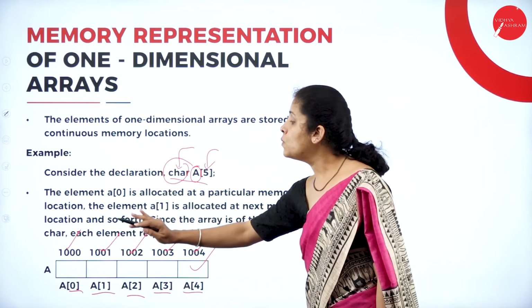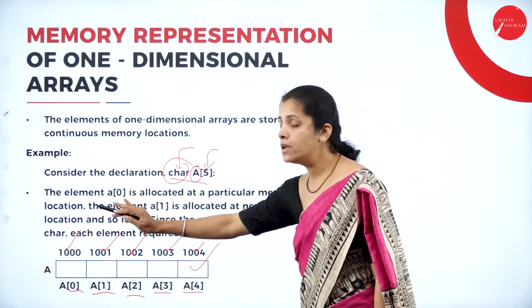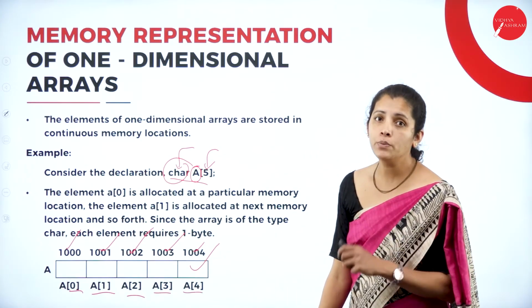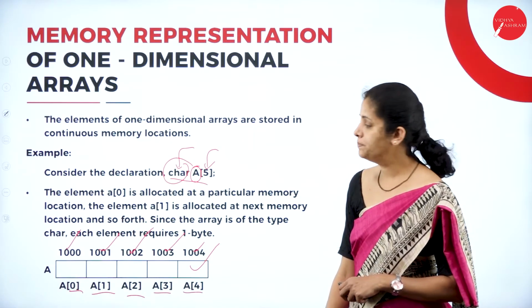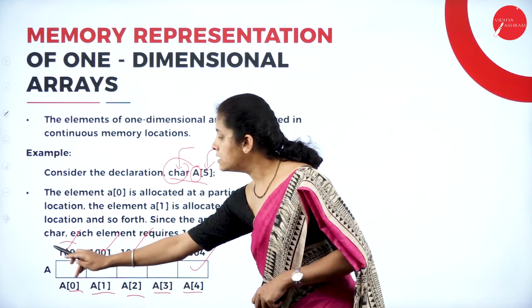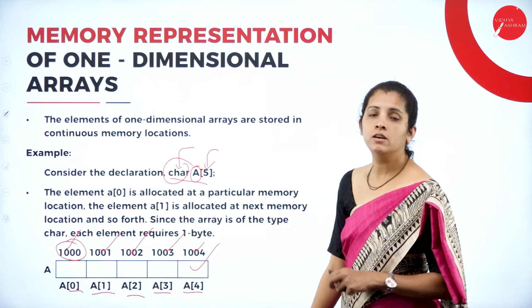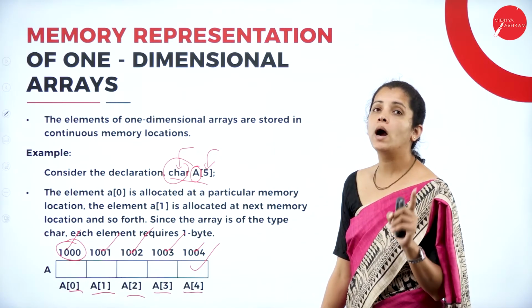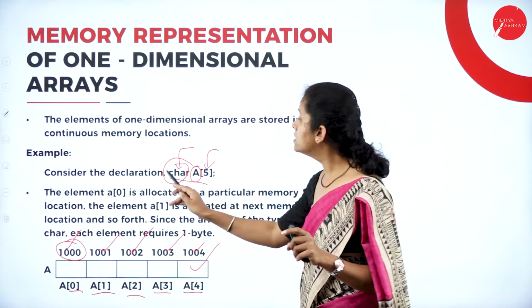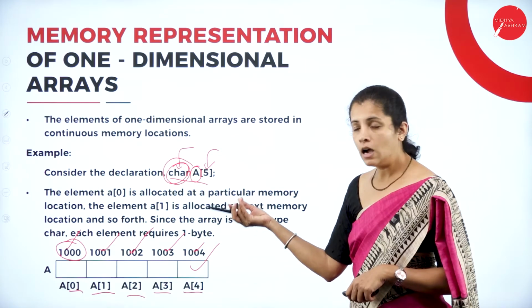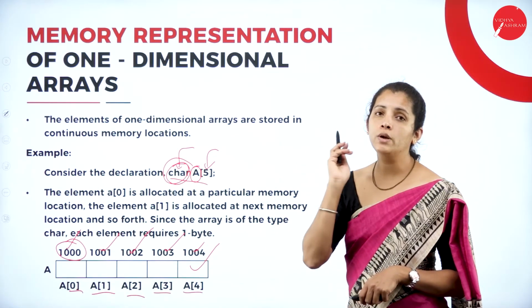So 1 byte of memory is reserved for each individual element. So here what is the size of each block? That is 1 byte, because the data type here is character and it is capable of holding only 1 byte